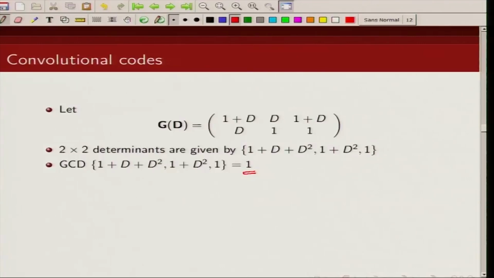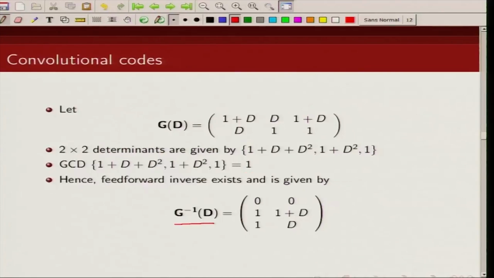So, in this case also a feed forward inverse exists, and this is given by this. Okay. And again we can check that G D inverse is basically going to be some delay elements, where L is greater than or equal to 0, it will be something like this. We can verify